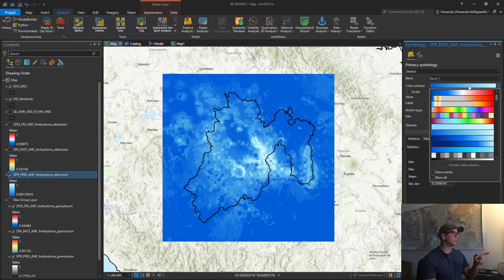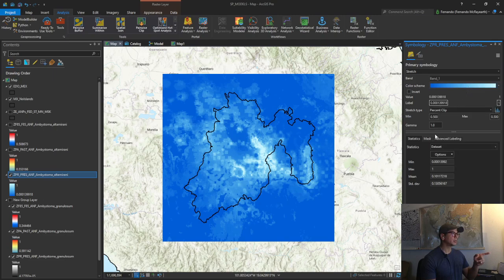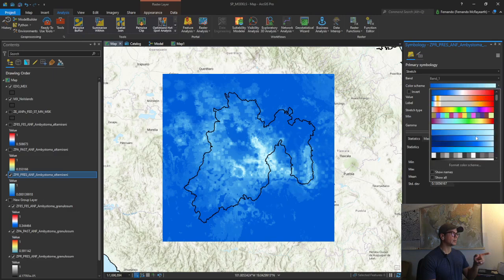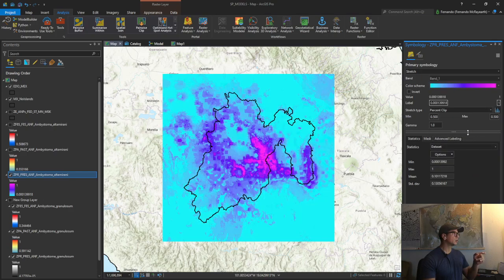Let me invert it. Okay, so the highest values that I have here, close to Mexico City, I am pretty sure that we have